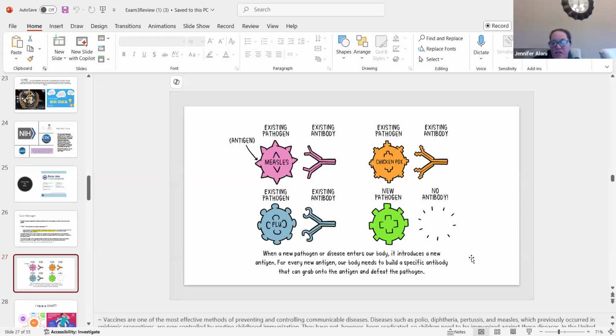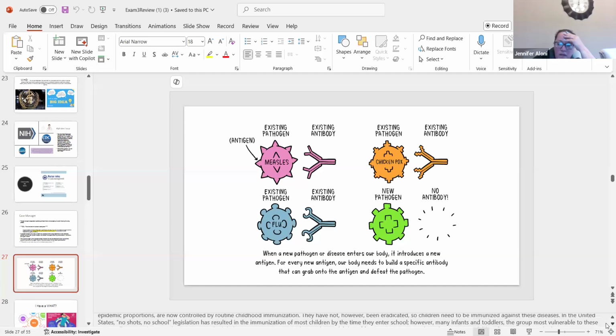You guys had a section on infectious diseases. Please remember, vaccines are our most effective method of controlling and preventing communicable diseases, such as polio, diphtheria, pertussis, and measles, which is now back on the rise because people have stopped giving the vaccine. In the United States, surveys show that in our more inner cities or lower income families, they may not have as frequent access to preventative care, so they may not be getting their vaccines.